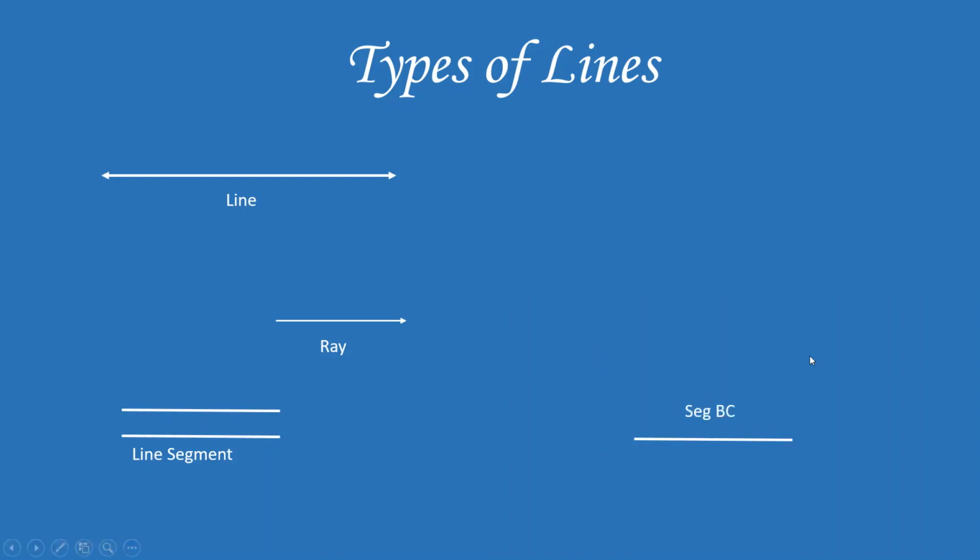Let's say we have a segment BC over here and a segment AB. I can look at it and say that they are similar. They're the same. Segment AB is equal to segment BC. So we'll say that these segments are equal. The segments which are equal in length are called congruent segments. This is a new word, I think. Congruent means equal.